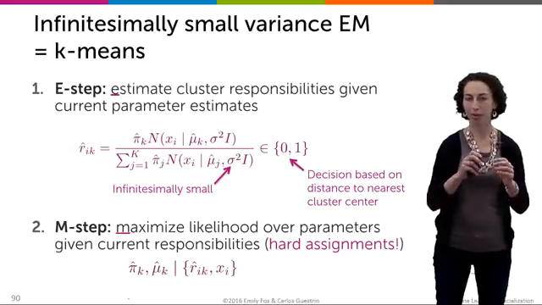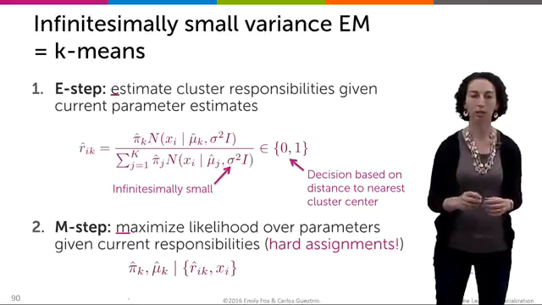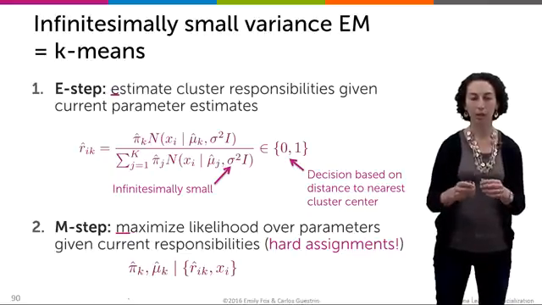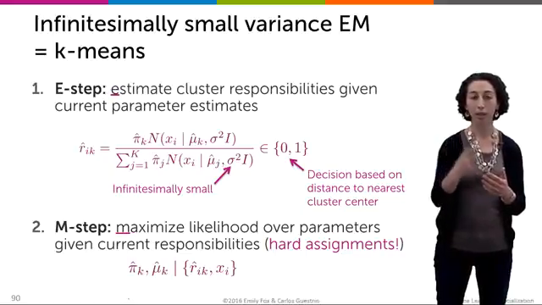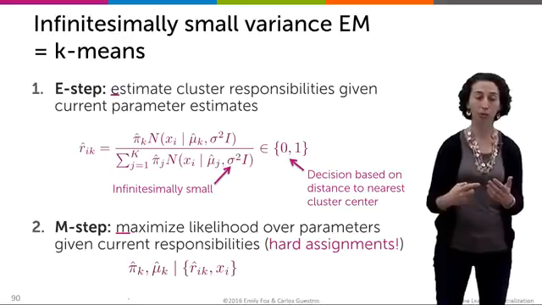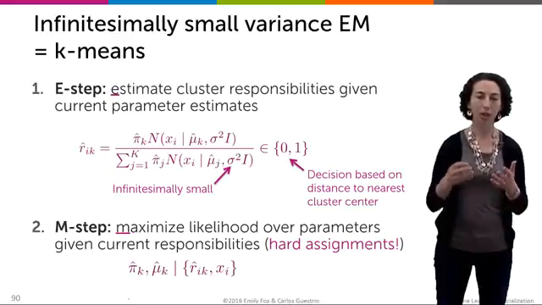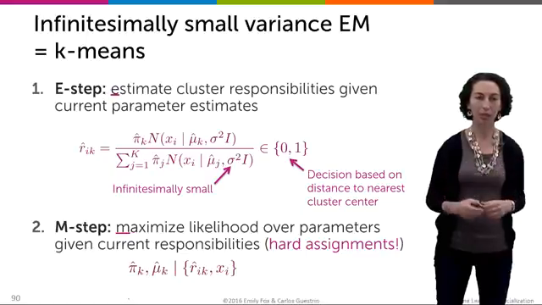The variances are fixed in the limit to 0. And when we're estimating our cluster means, and of course our cluster proportions too, these cluster means are just going to look at the data points that are now hard assigned to that cluster,